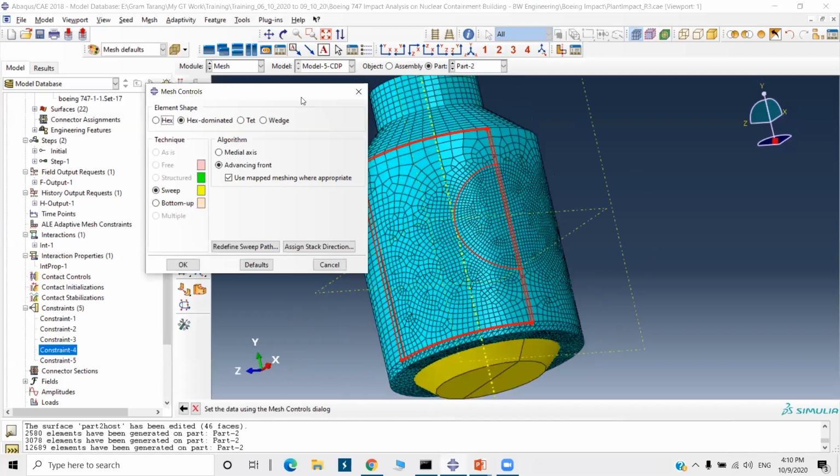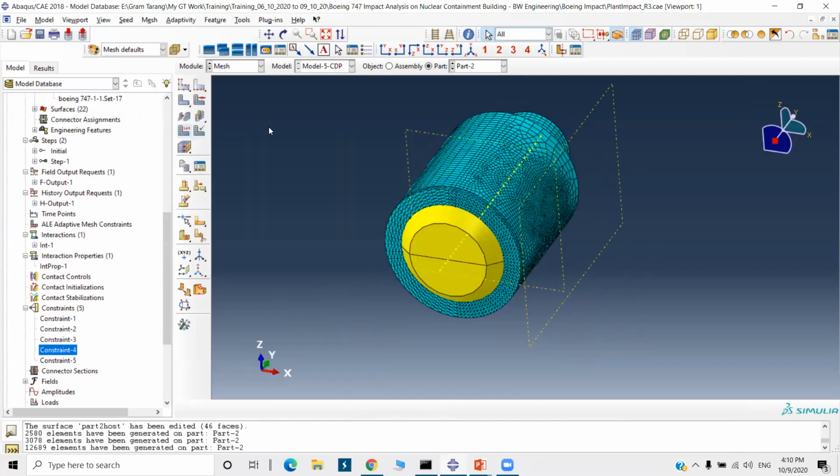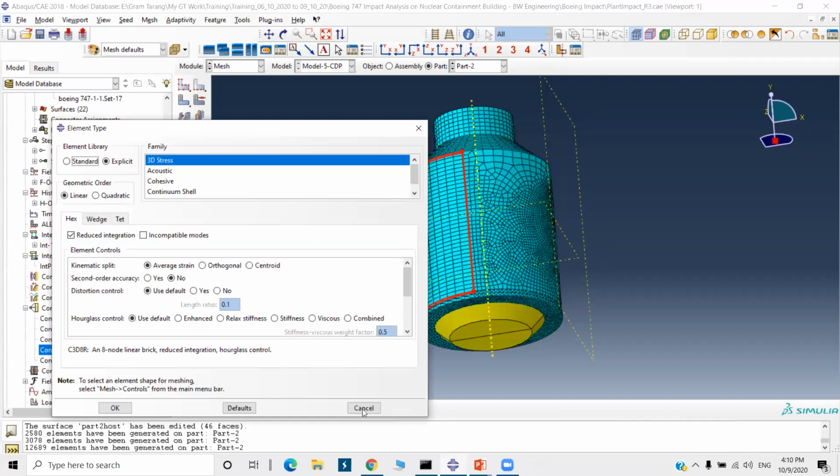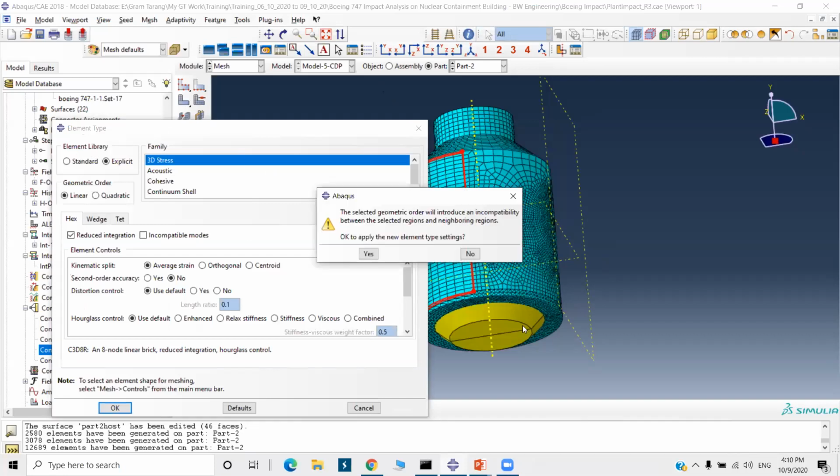So here check it. The element library is explicit. The 3D stress linear. Again, mesh this remaining part.